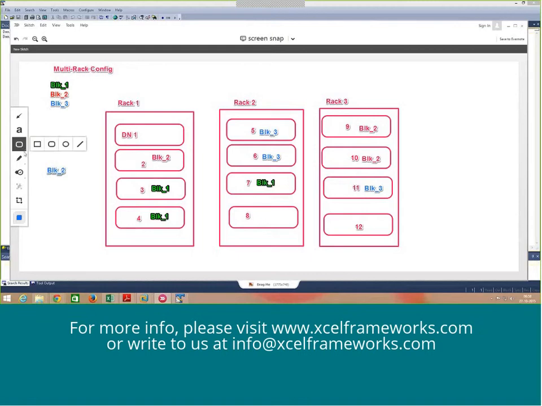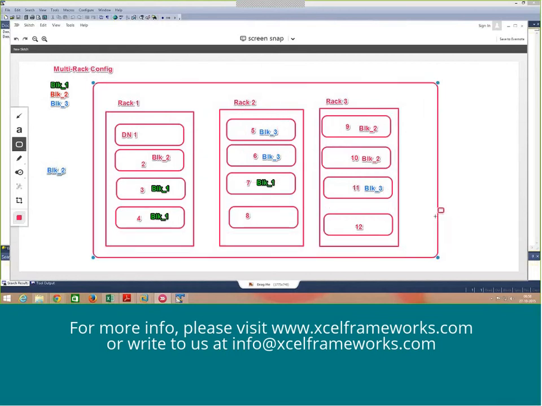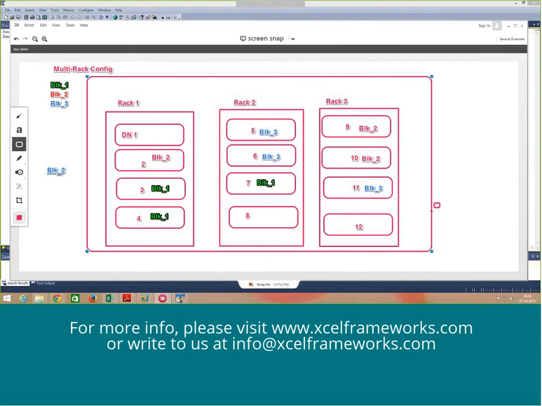So when the companies decide on rack awareness, or how they configure your clusters, they will consider all this into picture. Okay, this is your entire Hadoop cluster, which will be, the data will be stacked across multiple racks and multiple servers across multiple racks. Now the question can come, why not use all the 3 racks, because you have 3 racks? Why do you have to copy the third replica in the same rack as your replica 2? The reason is, when the client copies one block here, the first